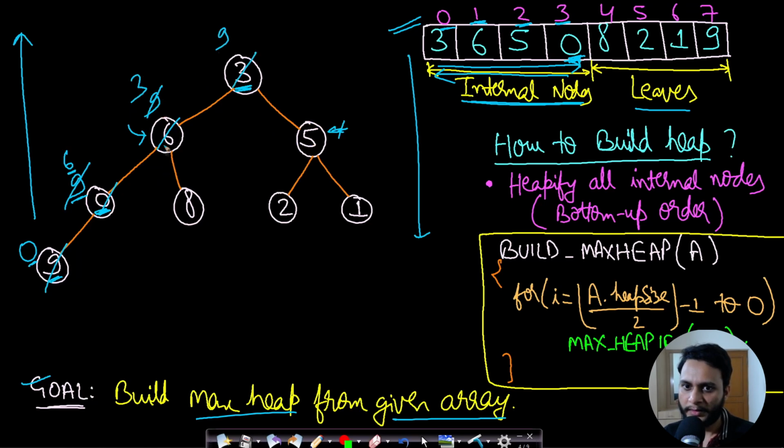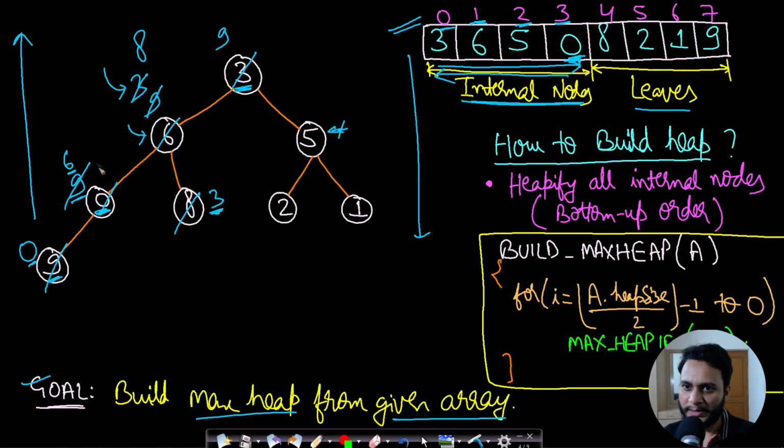Okay. Now we again need to heapify this. We need to check if this is at the correct place. So in the left child as well as in the right child, which one is maximum? 8 is maximum. So 8 will be replacing this value 3 and 3 will come here. Now 3 is already a leaf, so nothing will be done.